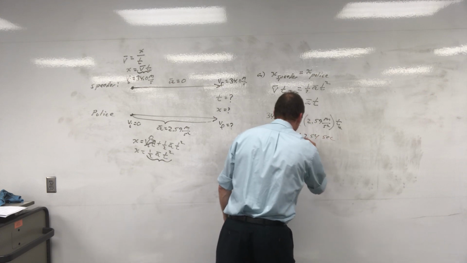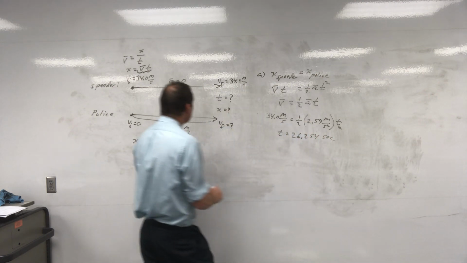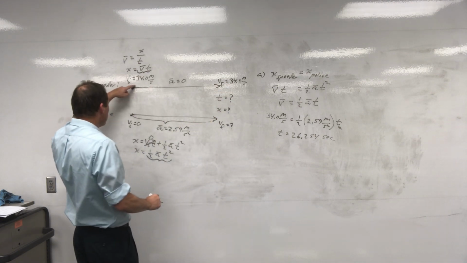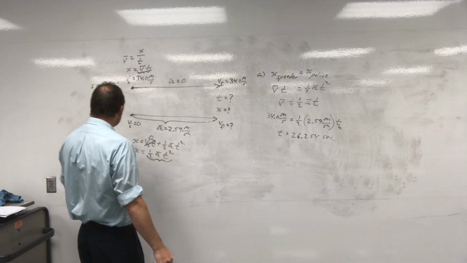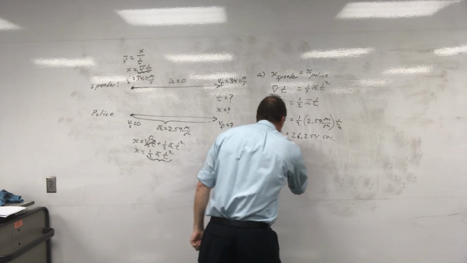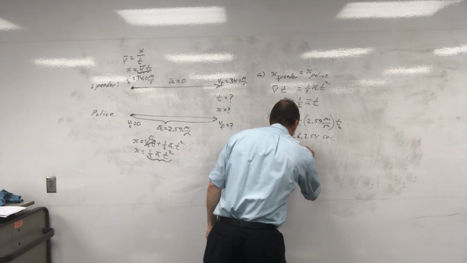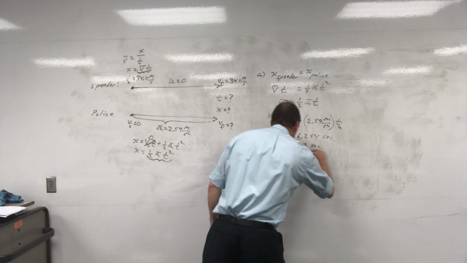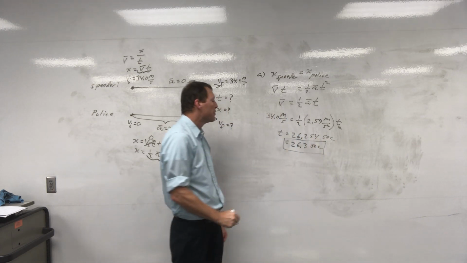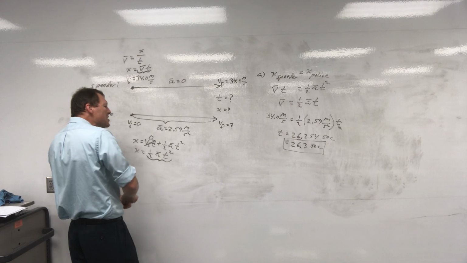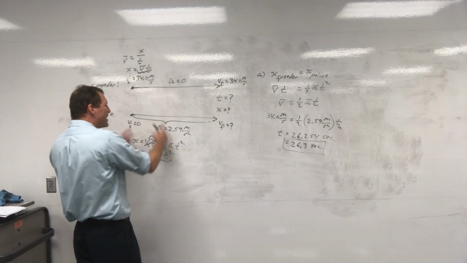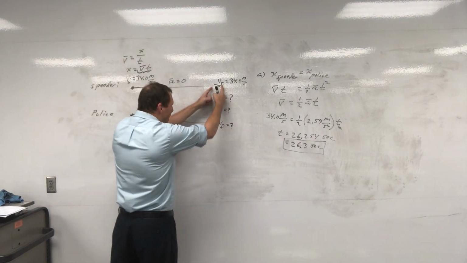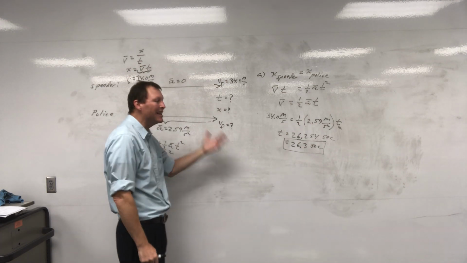26.254 seconds. Let's see, I got three significant digits, so 26.3 seconds. That's going to be my final answer for part A. So it takes the police car 26.3 seconds to catch up and get side by side to begin to overtake